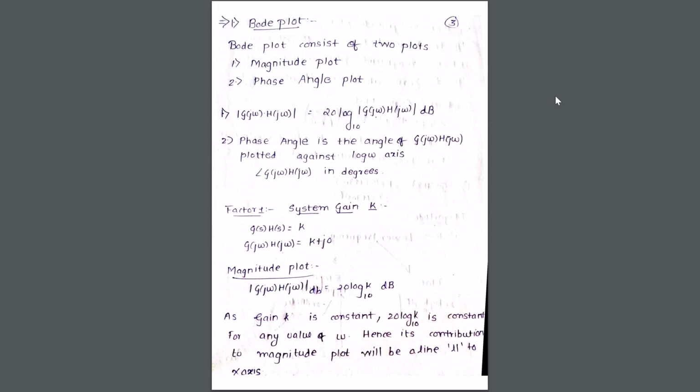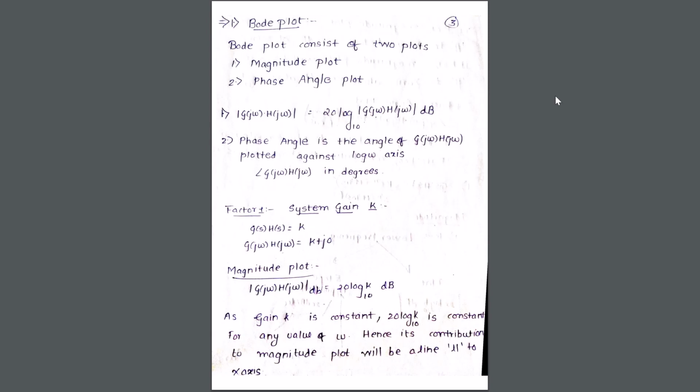So let us begin with the concept of Bode plot. As you can see on screen, Bode plot consists of two plots, the magnitude plot and the phase plot. Initially 2-3 pages will be a little theoretical. Try to understand the theory. Even if you are not able to understand very clearly, when we solve the numerical, you will get a better understanding of it. So listen to the theory very well, and then when we solve a numerical, you will be easily able to map it out. I hope I am very clear to you.